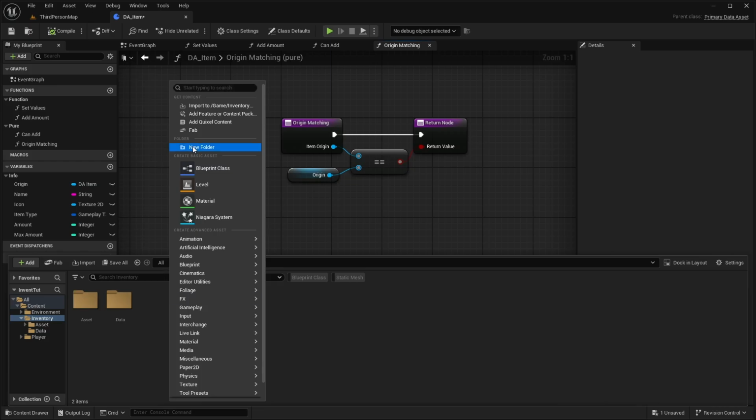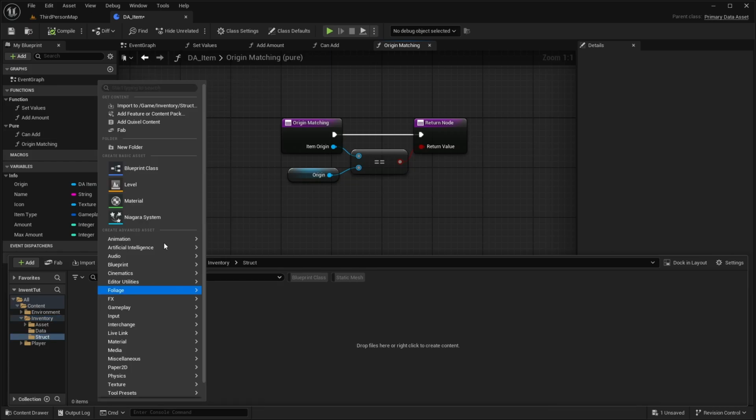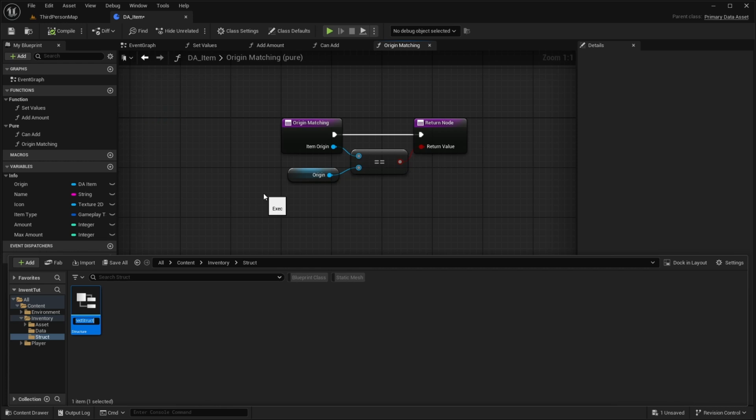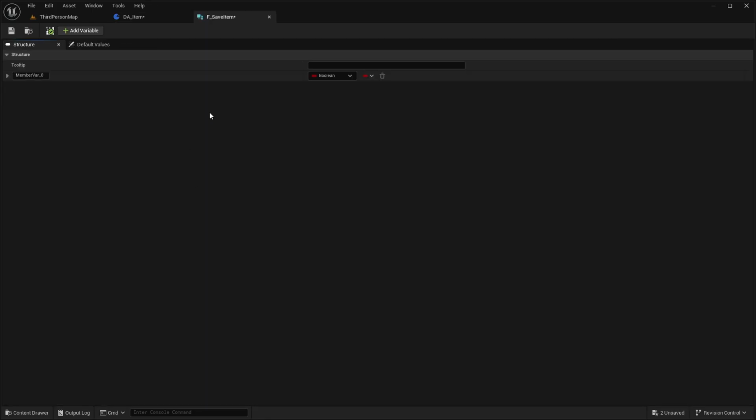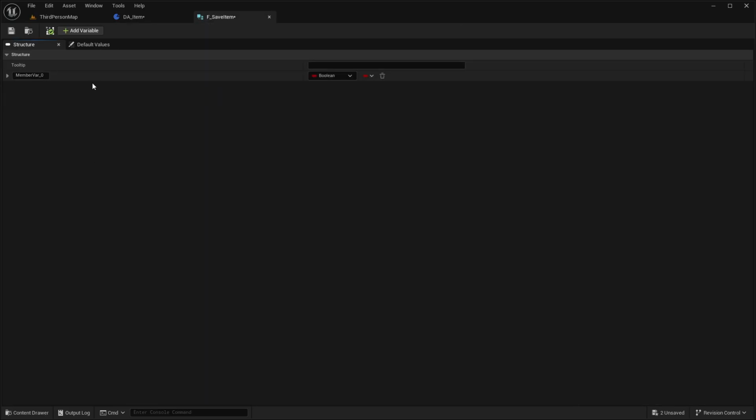Let's create a new folder here. We'll call this struct. We're going to create a brand new struct. We'll call this F Save Item. Open this up. And this structure is going to have everything that you see here, all of that. So whatever variables you have, copy it. So I believe I have 6,